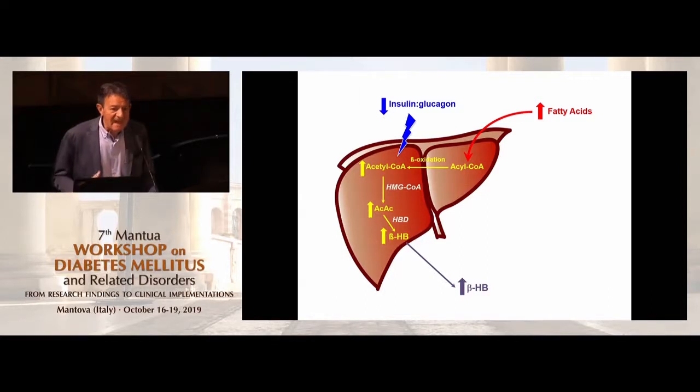So if there is an excess of fatty acids in the context of an insulin to glucagon ratio, which is still one of the main regulators of hepatic metabolism at large, not just ketogenesis, as is the case if you treat someone with an SGLT2 inhibitor, there will be a stimulation of ketogenesis and an increase in the production of ketone bodies by the liver. Again, we don't know anything about the kidney.